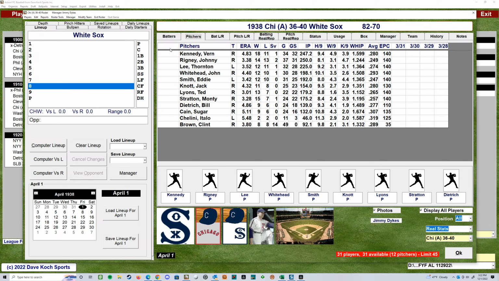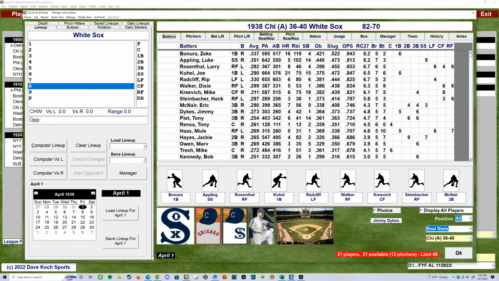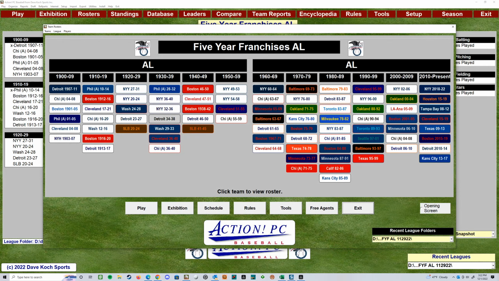Maybe not the best pitching on there, right? But hey, you've got an 82 and 70 was their average for those 5 years. This was another requested team when we were trying to have some people that are using these for projects saying, man, I wish we had more teams down here in the earlier eras, but there was less teams, right? There's only 8 in each league and trying to find some to fill that in and not be duplicates.